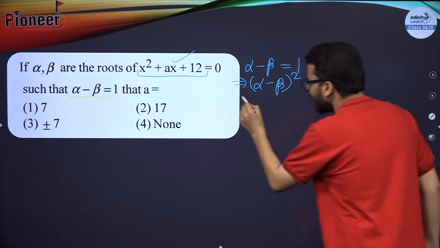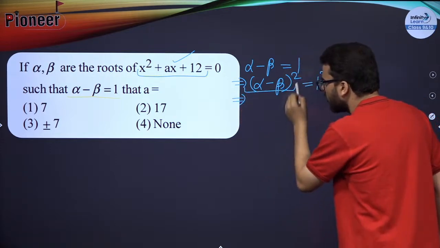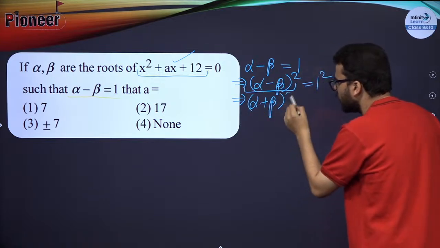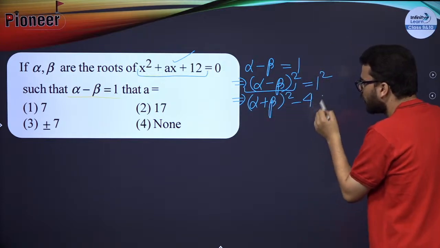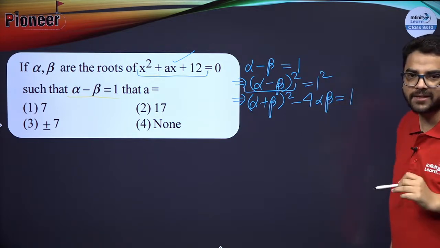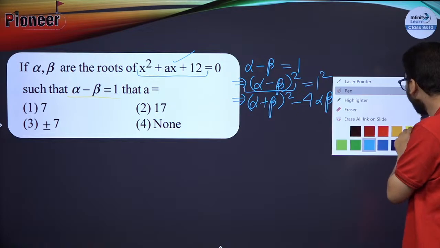Now guys, can I write alpha minus beta, the whole square like this? Can I say it is alpha plus beta the whole square minus 4 alpha beta? Just say yes or no. Can I do like this? Because if you will simplify this thing,